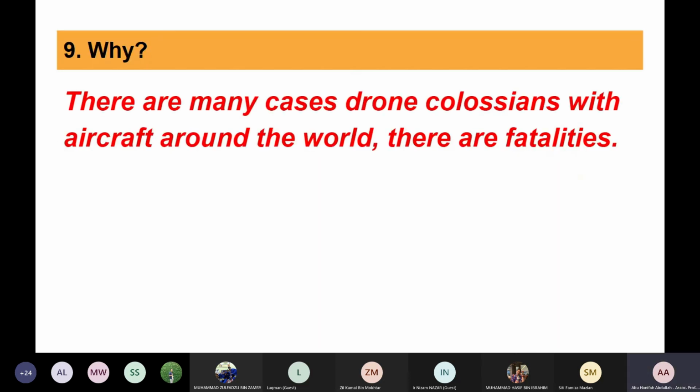Then why is this important? Because there are many cases of drone collisions with aircraft around the world. There are also fatalities. I've studied the Aviation Safety Network. There are more than 20 cases of drone collision with aircraft, and there is one accident that caused a fatality. People died when the drone collided with the aircraft. Okay, so that is about